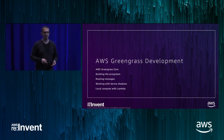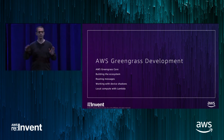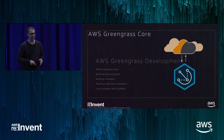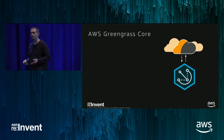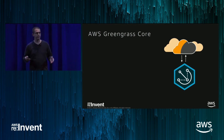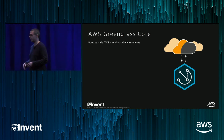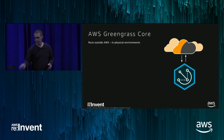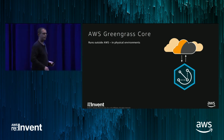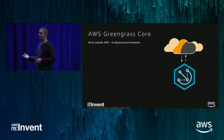So let's talk a little bit about AWS Greengrass. And first of all, what I'm going to talk about are the low-level components within Greengrass itself. So the first thing is, what's a Greengrass Core? If you've been dealing with Greengrass for a little bit, maybe you have a handle on it, but what the Greengrass Core really is, and well, let me just click forward. So actually, it is an operating environment, much like middleware, that runs on a physical device, like this device right here, running on embedded Linux, but it is your hardware. So that brings about an interesting conundrum, because for those of you who have been operating in the cloud to date,